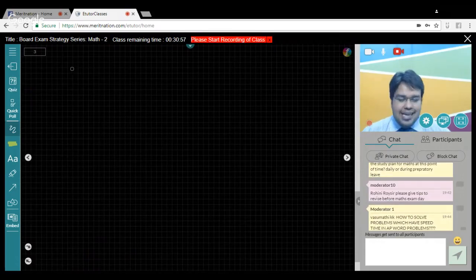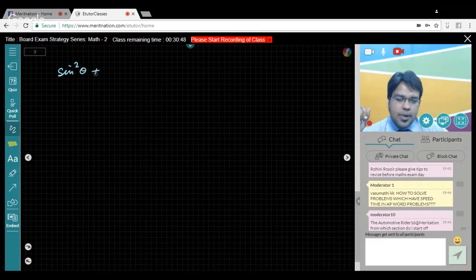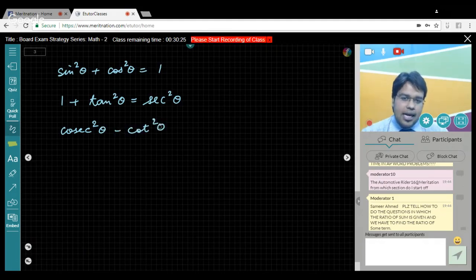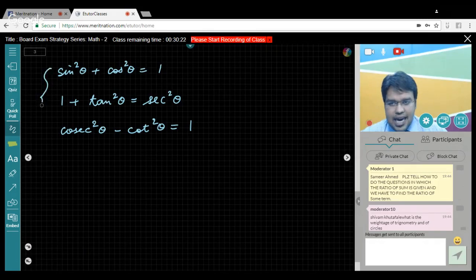Now, the important point is that in trigonometry, after knowing the ratios, you will be aware of the 3 identities: sine square theta plus cos square theta is 1. That's, I guess, the most basic of the identities. Then we've got 1 plus tan square theta, that's sec square theta. This also some of you would be aware of. Then we've got basically cosec square theta, I'm writing it in a slightly twisted way. These are your 3 basic identities that you should be aware of, and the basic standard angles 30, 45, 60, and 90.